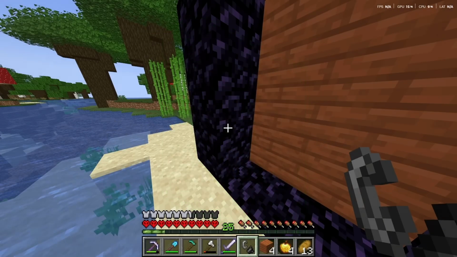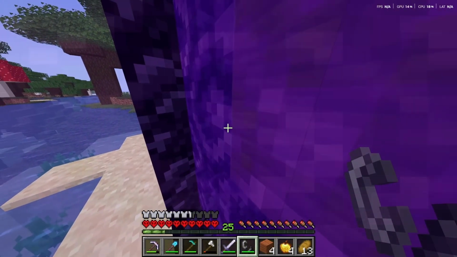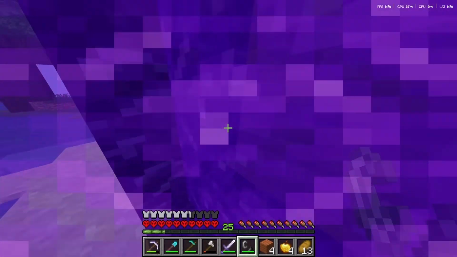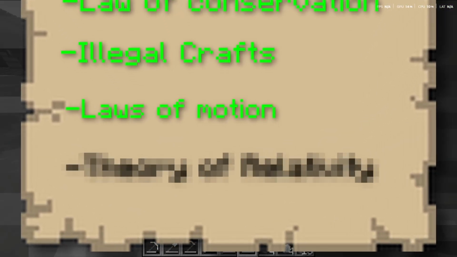Okay, I think that looks good. Okay, guys, we're going into this nether with no shield. If a blaze drops nothing, which can still happen with the looting 3 sword, we automatically lose, and this is not going to be easy. Okay, before we go into the nether, it's time for me to reveal the final rule of the challenge, the theory of general relativity.